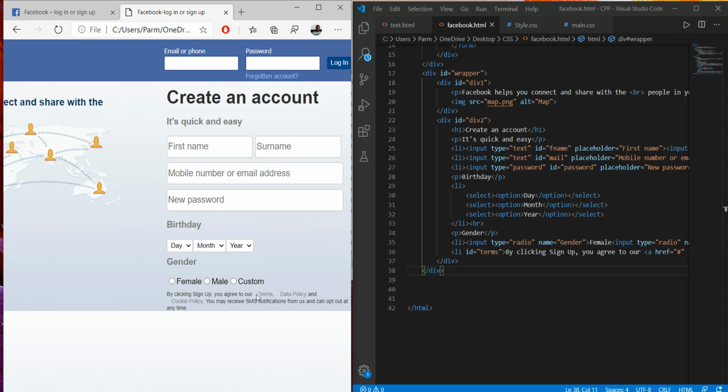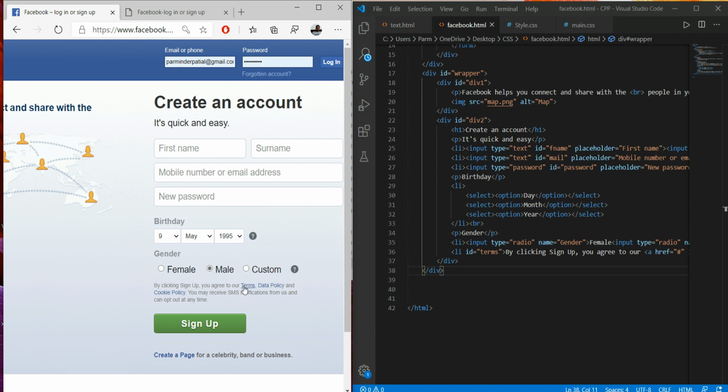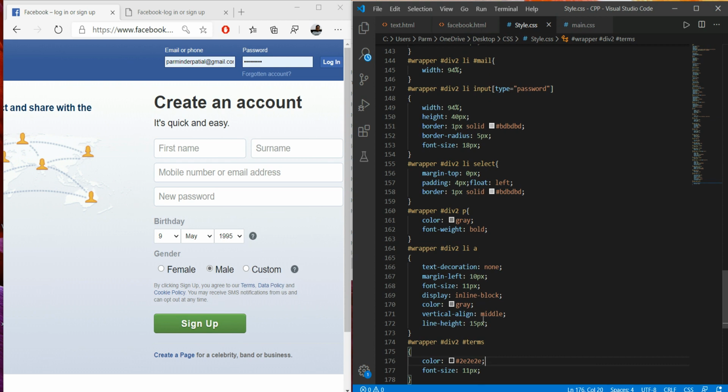Now here we see, it's having a different color over here. If we go here, it's having color blue, so we just have to change it, instead of gray here we have to use blue color.